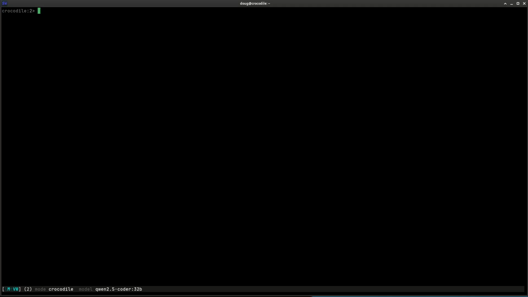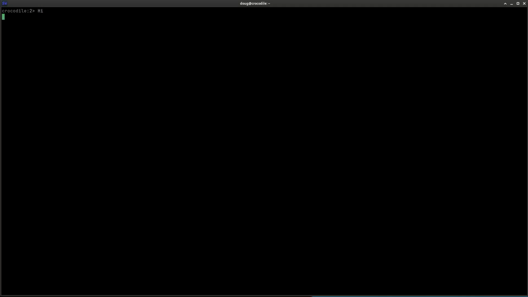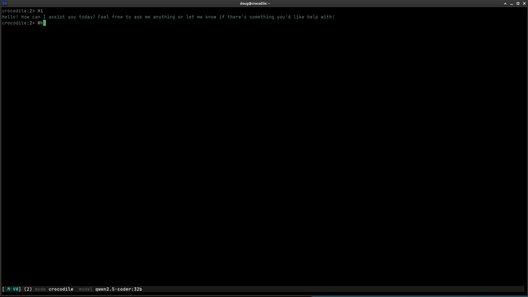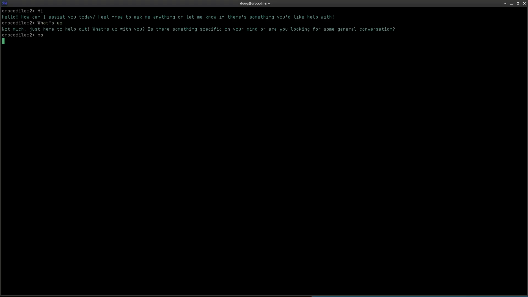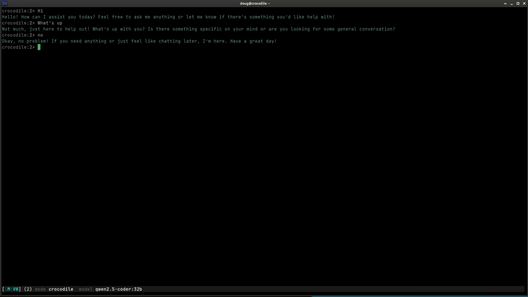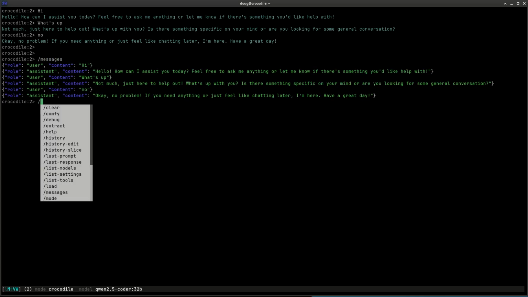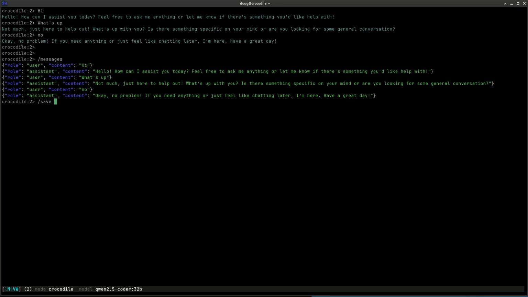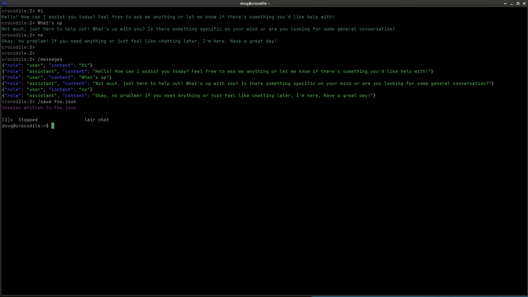So, for example, if we just start a new session here, just to get something in there. Okay, so now we have a conversation in here, and so our history is going to look like that. If we use the old style, it just uses save and load, so we could do save foo.json, and now we have a session written to foo.json. So if we do jq,